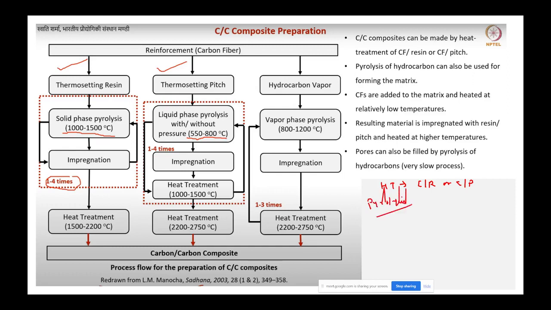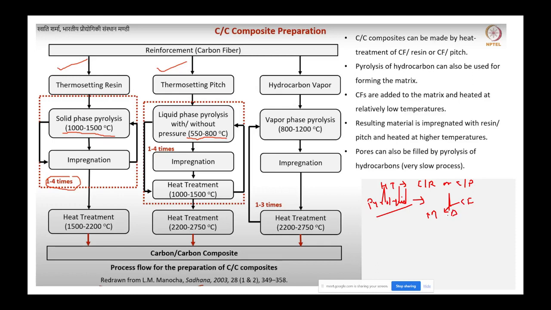We have seen enough of this pyrolysis process in our previous lectures. Pyrolysis of hydrocarbon can also be used for forming the matrix. Carbon fibers are added to the matrix. So here you will have a matrix and you will add the carbon fiber, and then you will